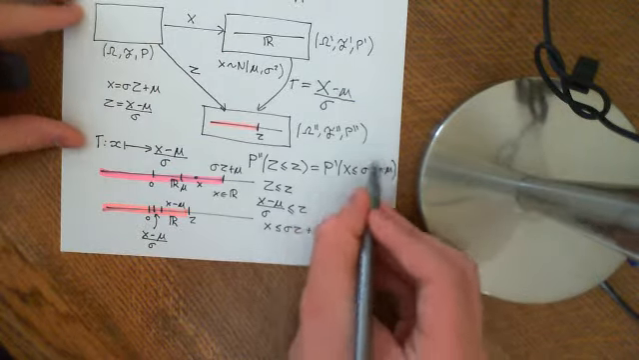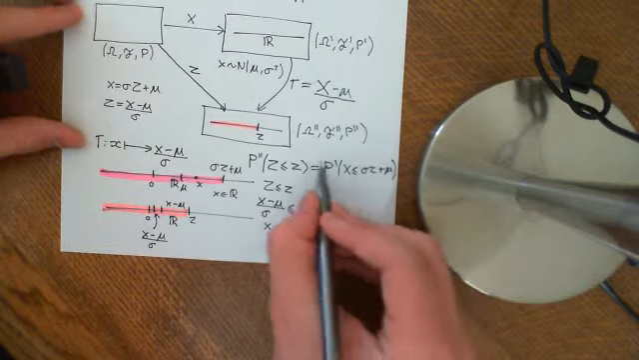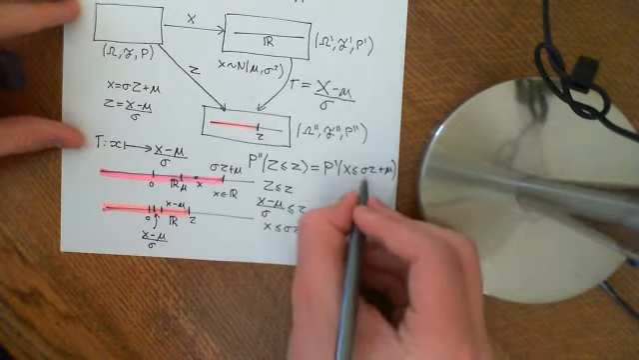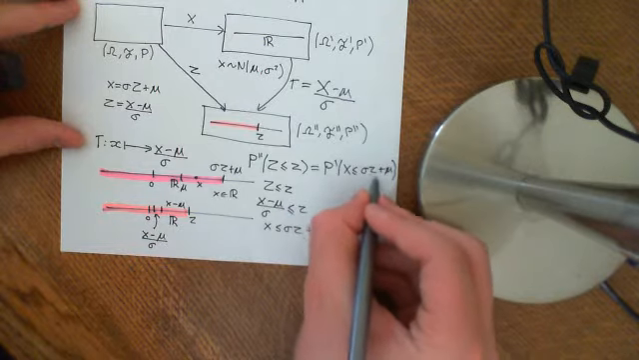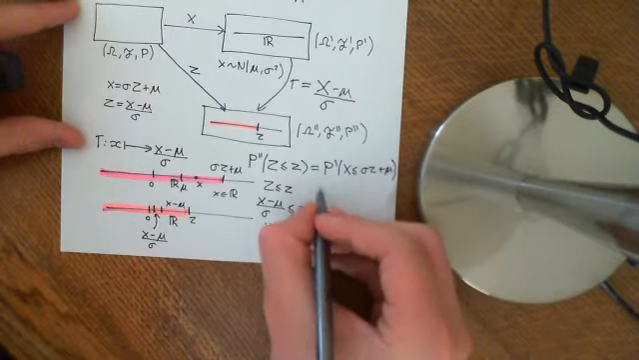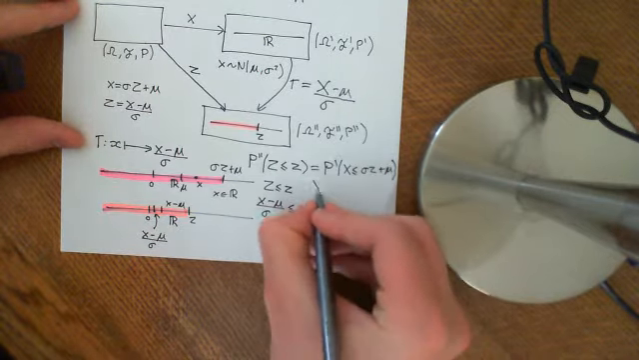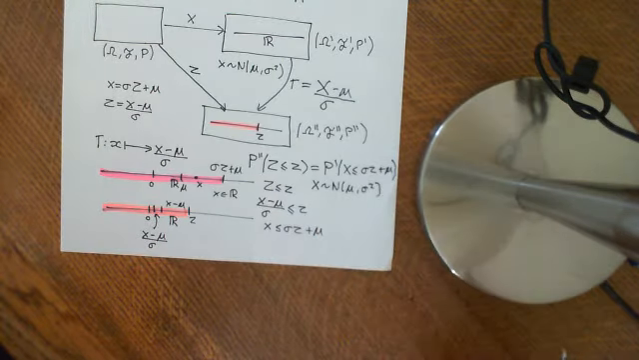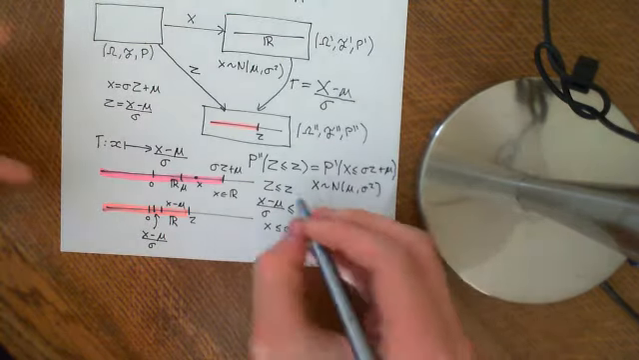But this is just the CDF. We know what P prime of X less than or equal to sigma z plus mu is, because we know that X is normally distributed with mean mu and variance sigma squared. So that is just the CDF of the general normal distribution. So that is